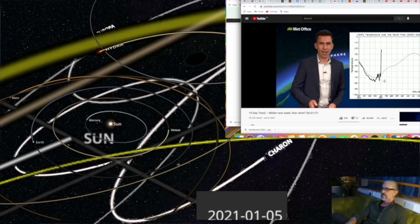You can just see it. It was just a massive spike in temperature in the North Pole. I'm always thinking in centigrade, but you can just see that was a spike. Apparently it was a 50 degree Celsius rise, so it went from like minus 30 to about 20 degrees Celsius or something like that, over a couple of days, and Spain goes into the freezing. The whole planet twisted with the movement of Hydra as it went past at that aspect. It crossed us in kind of late November, December,